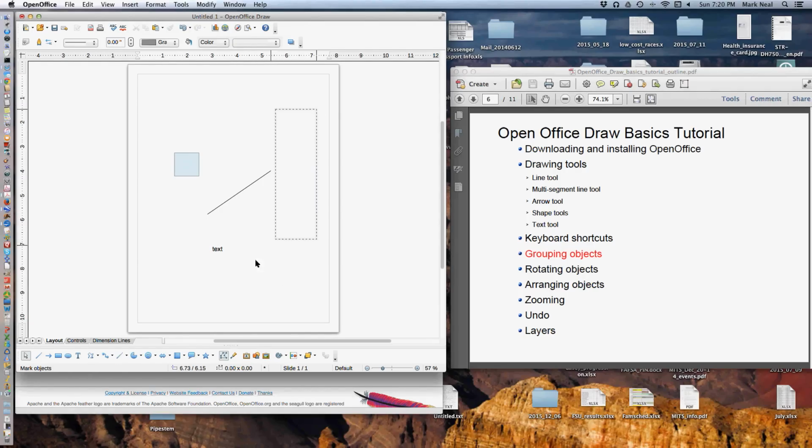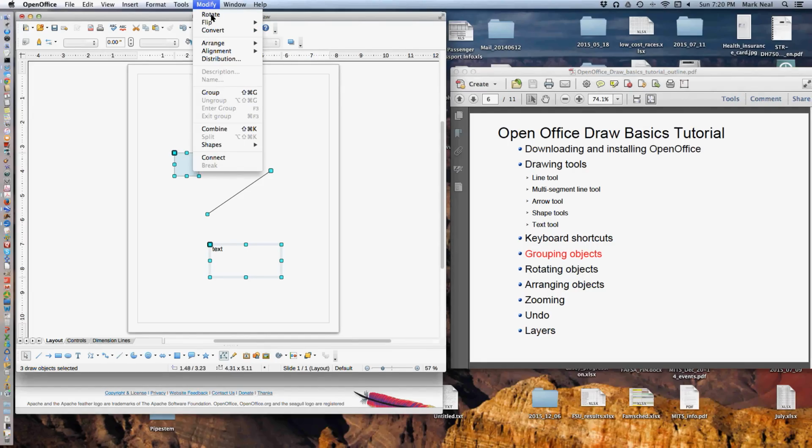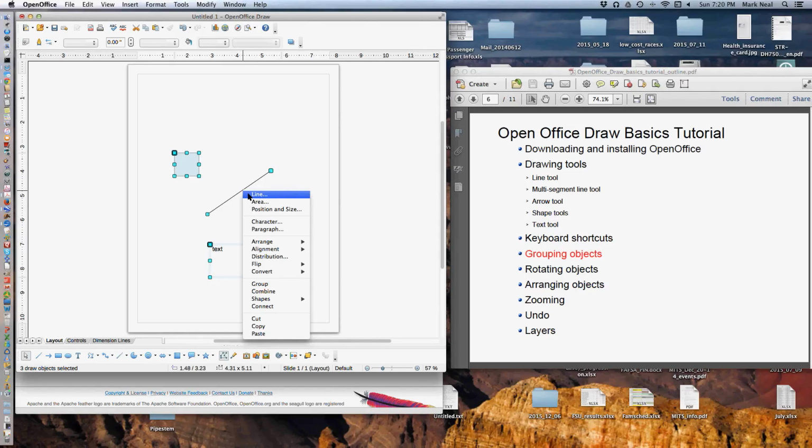So now if we select all of these objects by drawing that rectangle, we can group these objects. That's under the Modify menu item at the top, and Group. Or a way that you'll probably more likely do it is put your cursor over one of the objects. You'll see a hand icon or cursor appear, and then if you right click, you'll get different menu items. And if you have multiple objects selected at the same time, Group will be one of the things that you have available. So if we say Group after all three of these have been selected,